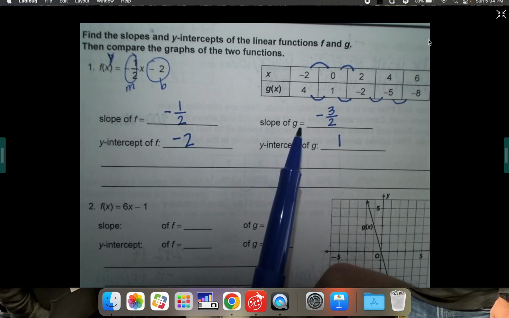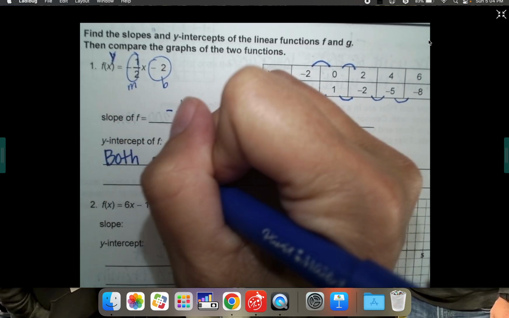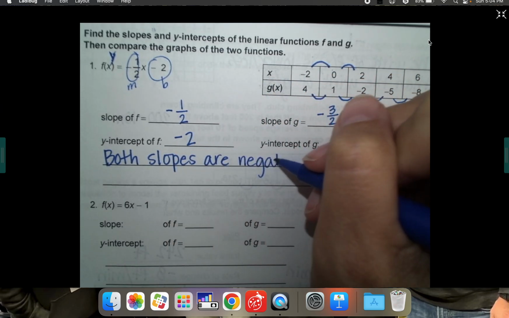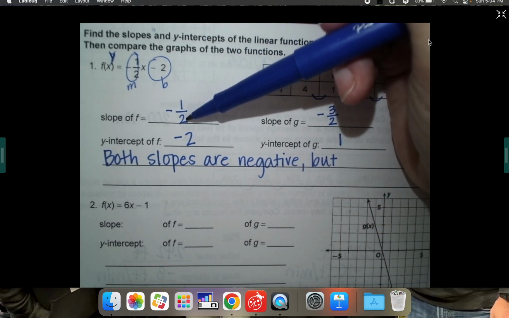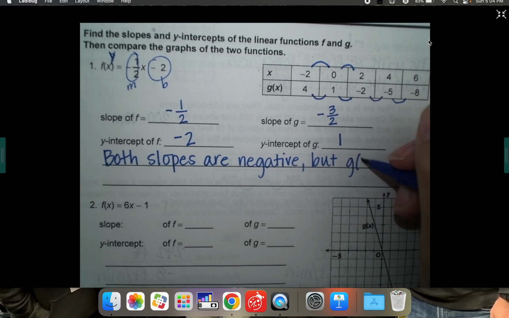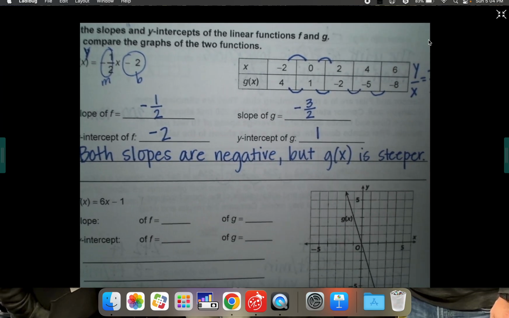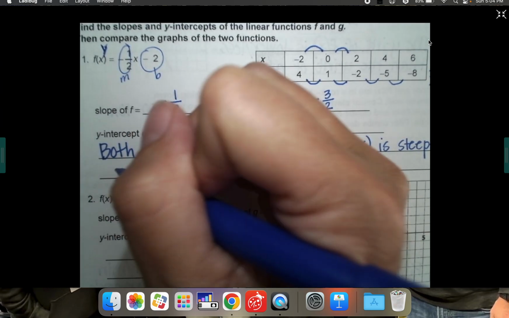And then if your slope, both of the slopes are negative. So when we compare, we can say both slopes are negative. But going down every 1/2 is going to be less steep than if you go down 3/2. So the g of x, this one is going to be steeper because it is going down and over more. So both slopes are negative, but the g of x is going to be a steeper negative. Excuse me. And then on the y-intercepts,